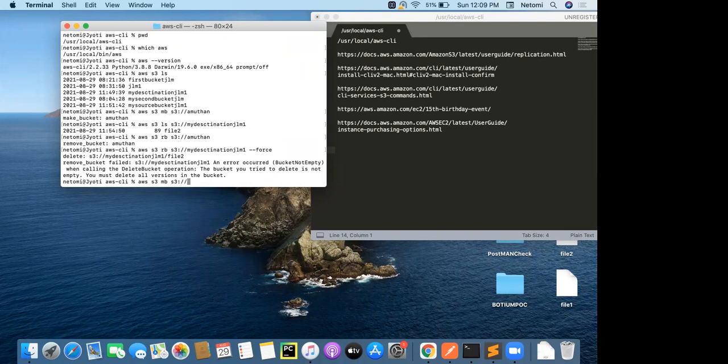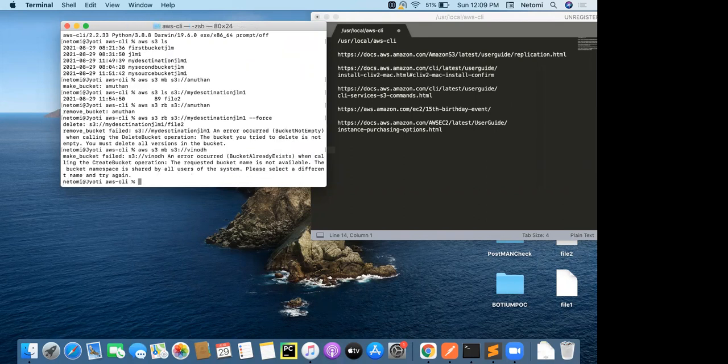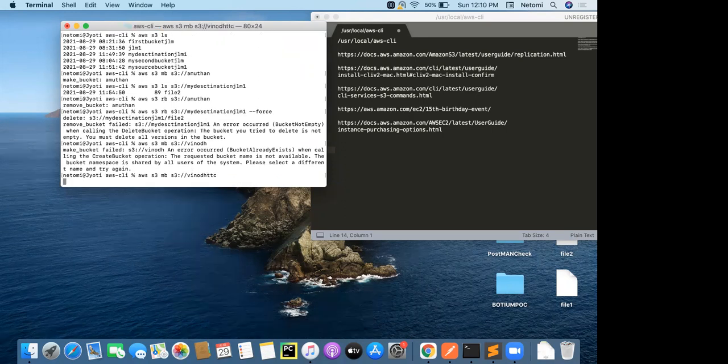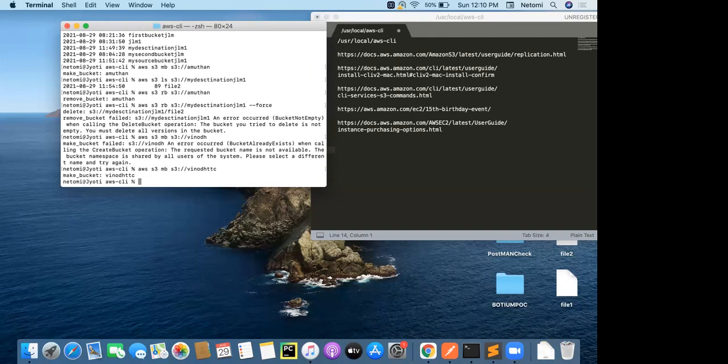Let me create a bucket name for this time. Oh, this already exists. Okay, Vinod, there is a bucket named Vinod somewhere in someone's account. So Vinod TTC. Now let me go ahead and create a file.